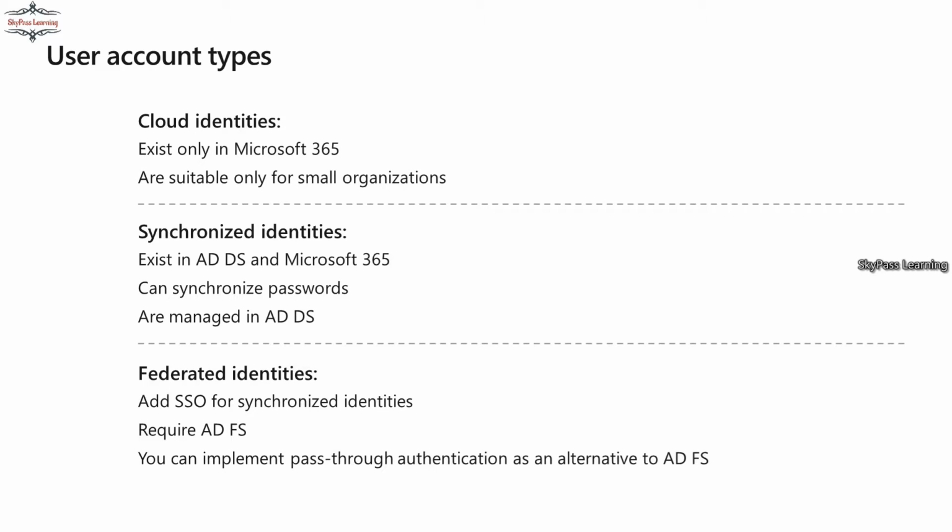So the request will be passed from Microsoft 365 to your on-premises ADFS environment, and once the authentication is completed, the confirmation token is sent back to Microsoft Cloud, and users can access their mailboxes, their Teams integration solution or SharePoint portal, or whatever thing for which the authentication request is passed. So these are the basic three types of user accounts that exist.